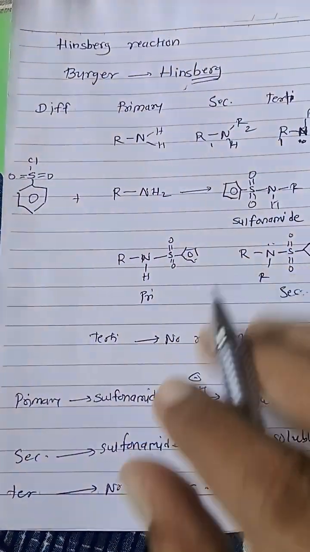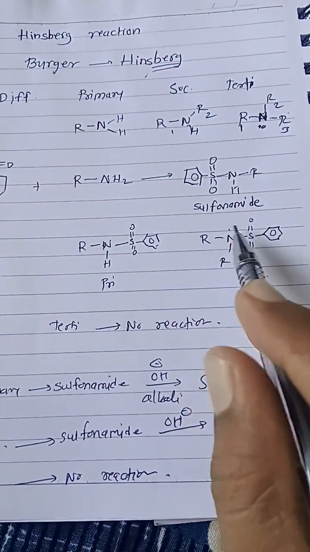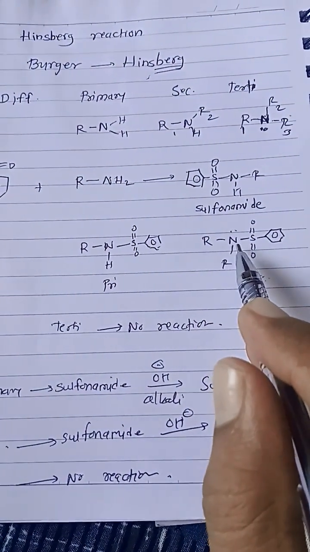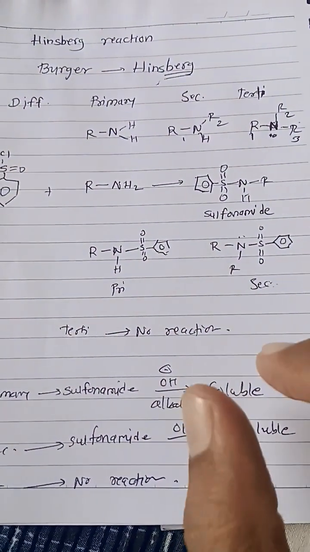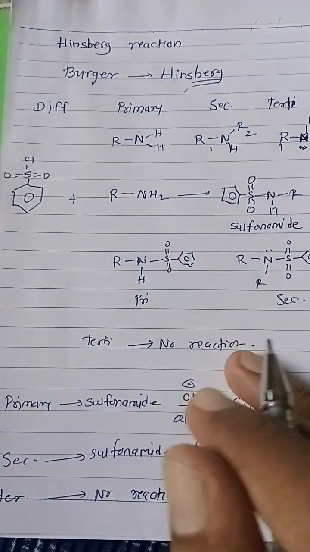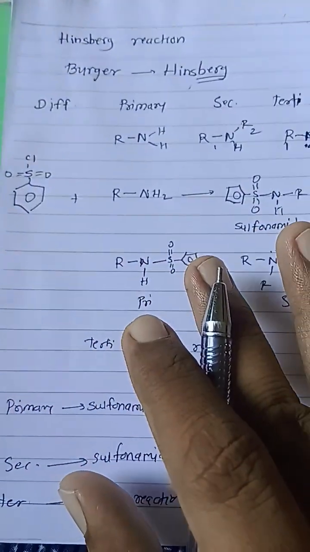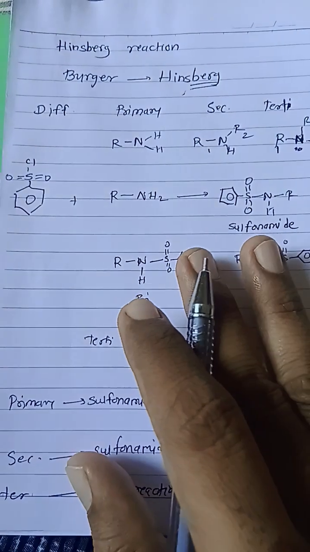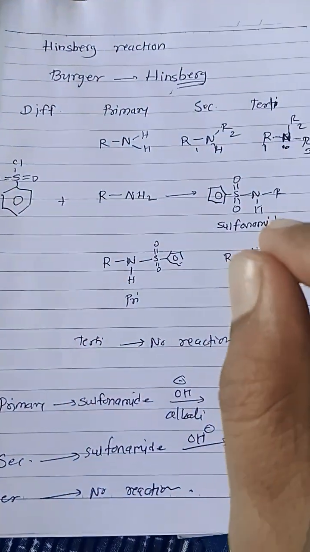In case of secondary sulfonamide, there is no acidic hydrogen, so no reaction, and it is insoluble in alkali. Tertiary, there is no reaction, no formation of sulfonamide, and we can understand whether the compound is primary, secondary, or tertiary amine. This is the interesting